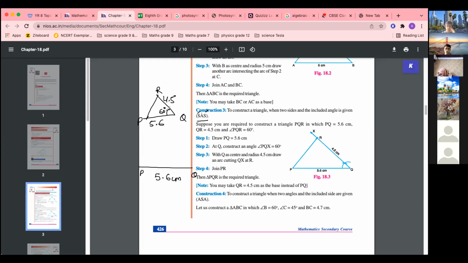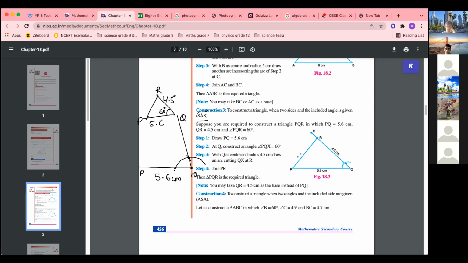Then we have to make an angle of 60 degrees. You know how to make an angle of 60 degrees? You have to make any measurement arc like this, and with the same measurement, put the pointed end over here and cut the arc like this. So one cut, this is a 60 degree angle. So we'll join this acute angle like this. So now we have got this as 60 degrees.